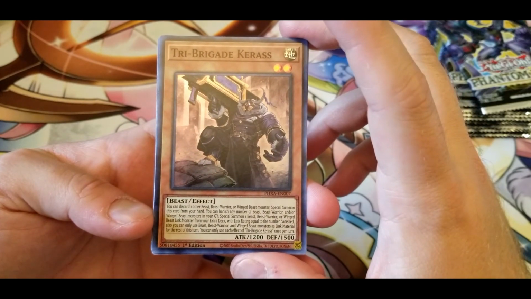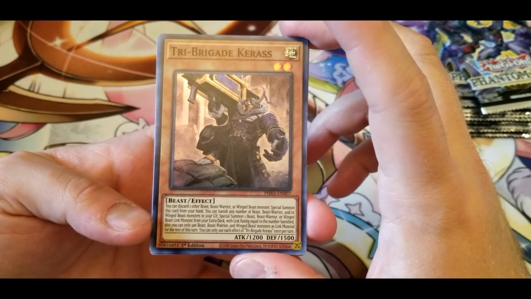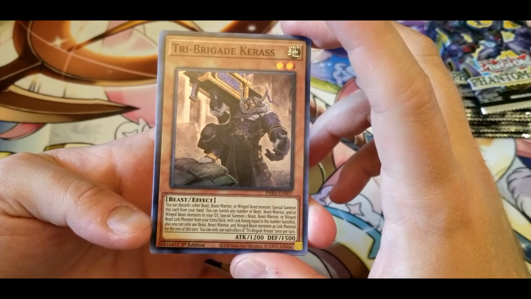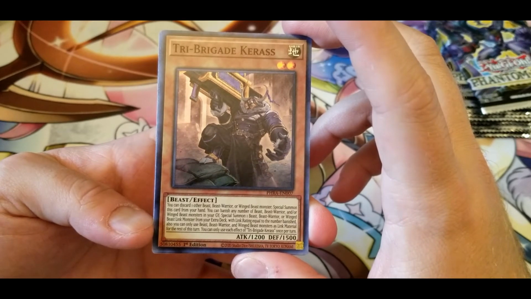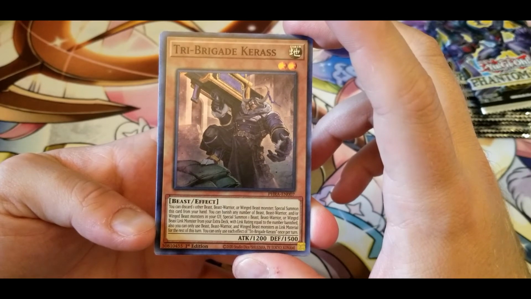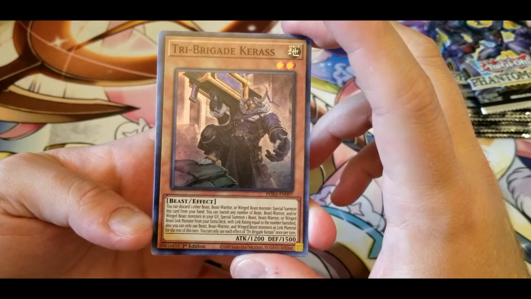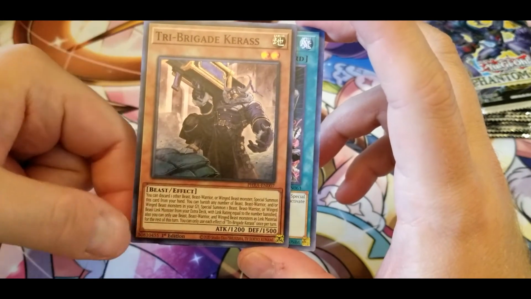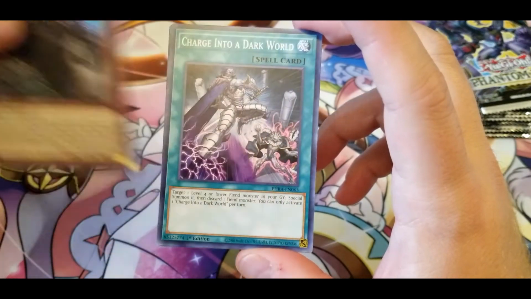You can discard one other beast warrior or winged beast monster. Special summon this card from your hand. You can banish any number of beast warrior and/or winged beast monsters in your graveyard. Special summon one of the 3 link monsters from your extra deck, with link rating equal to the number banished. Also, you can only use beast warrior and winged beast monsters as link material for the rest of this turn. So, I mean, overall, that's not too bad. Gets bodies into the graveyard for his effect, and